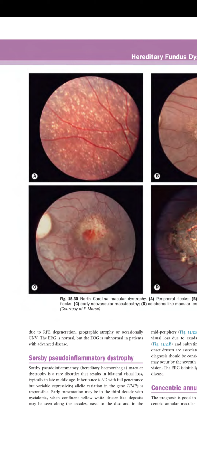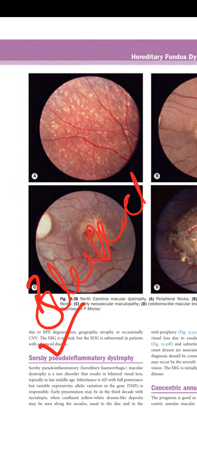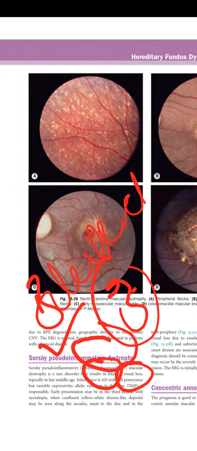TIMP3 gene is responsible. Early presentation may be in the third decade with nyctalopia. So most of the time it basically results in bilateral visual loss in a middle-aged adult, and there is a hemorrhagic macular dystrophy. The inheritance is autosomal dominant, and the TIMP3 gene is responsible, and a third decade patient presents with